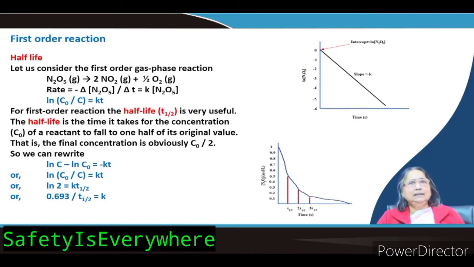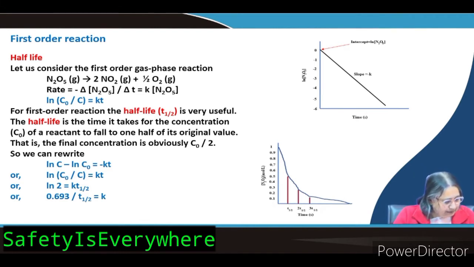Now, one thing is very important for first order reactions. What is that? This is the half life. This is also very important for radioactive elements. All the radioactive elements decay by first order; the degradation is a first order reaction. That is why radioactive elements are also characterized in terms of their half life. So, half life is very important for first order reactions. Now, what is half life?